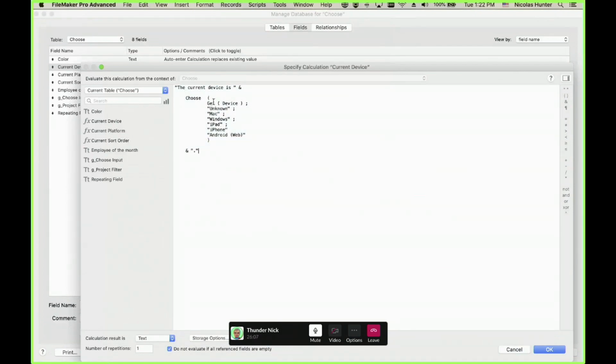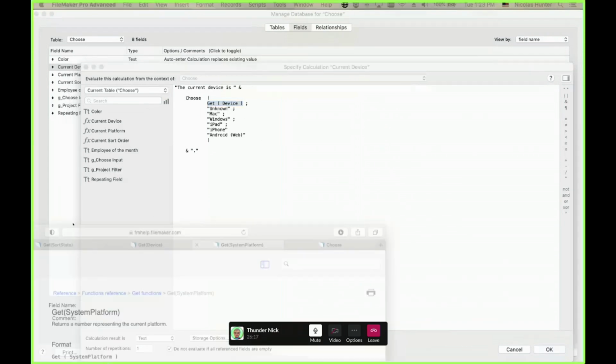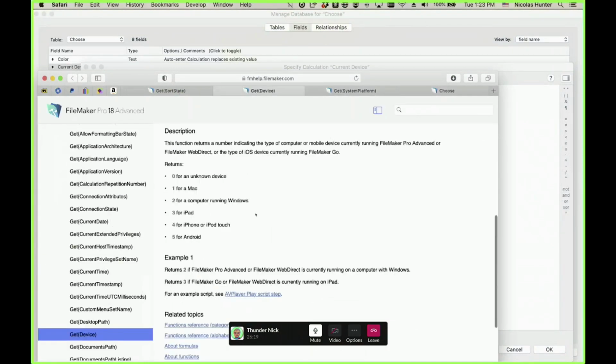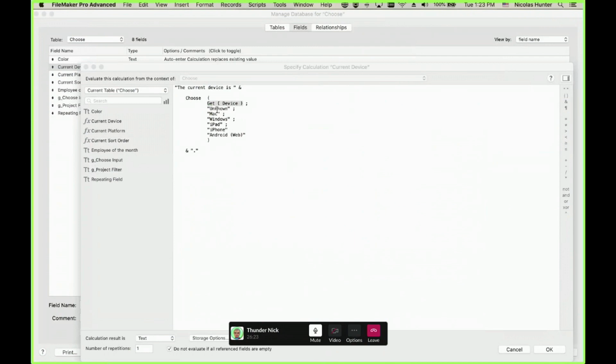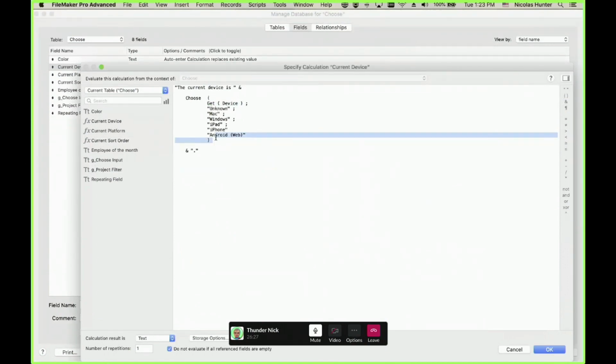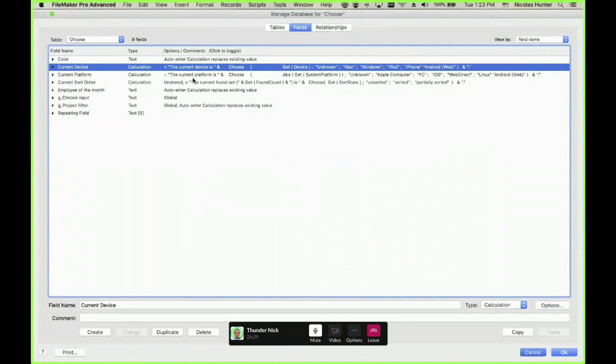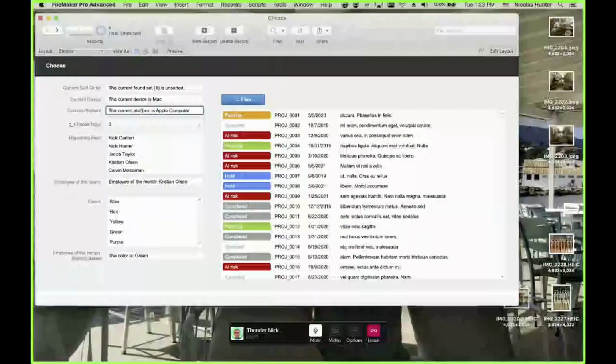So you understand what's going on here. I'm going to choose the get device. Do you remember what the get device returns? Get device returns 0, 1, 2, 3, 4, 5. I define 0 as unknown, then Mac, Windows, iPad, iPhone, and Android on the web. Now I also have the platform is Apple computer.